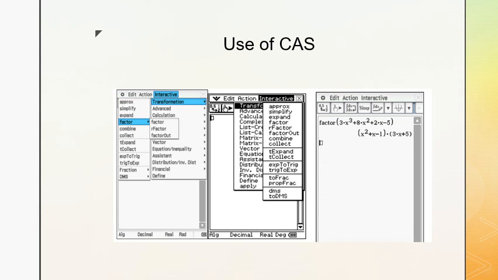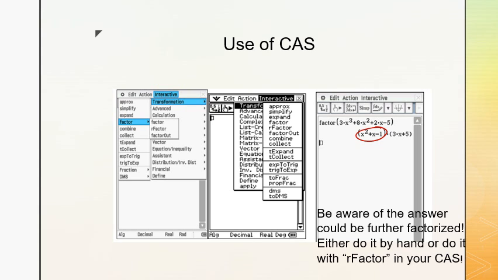And this will be something provided in your CAS. If you look at this, there's something you have to be aware of. If you look at this quadratic factor, you should notice that it can be further factorized. You can either do this by hand or do it with the R factor in your CAS. Okay, so the R factor is just below in the table. If you choose that, this will give you the answer